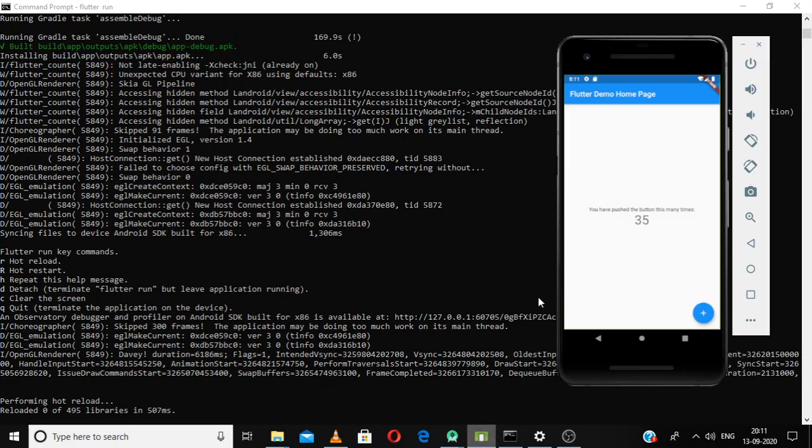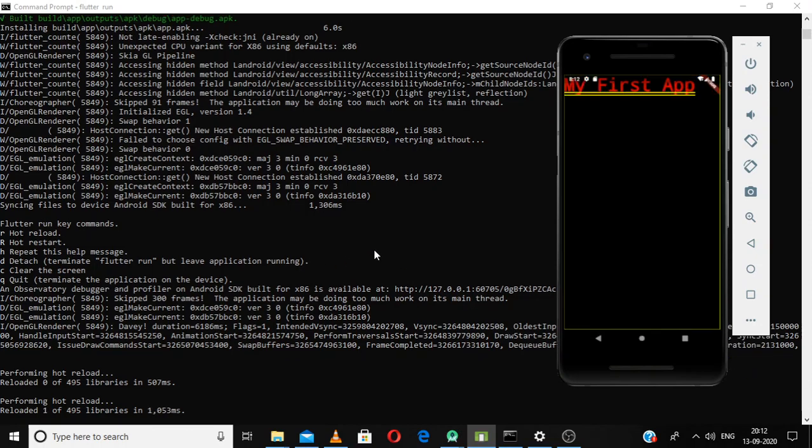So we see that it is performing a hot reload, and this app is going to be installed in this emulator once again. I will get back once this app is installed and updated. So our app is restarted, and this is how it looks.